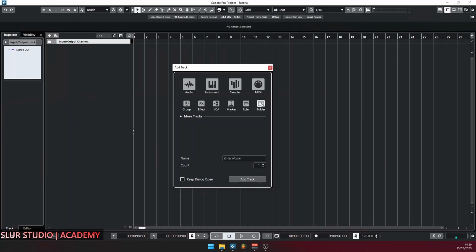This is very useful when you are working on a large project, usually a multi-track project. Give the folder a name or add more than one. Now that we have gone through the major tracks you can possibly add in Cubase, let's concentrate on the major